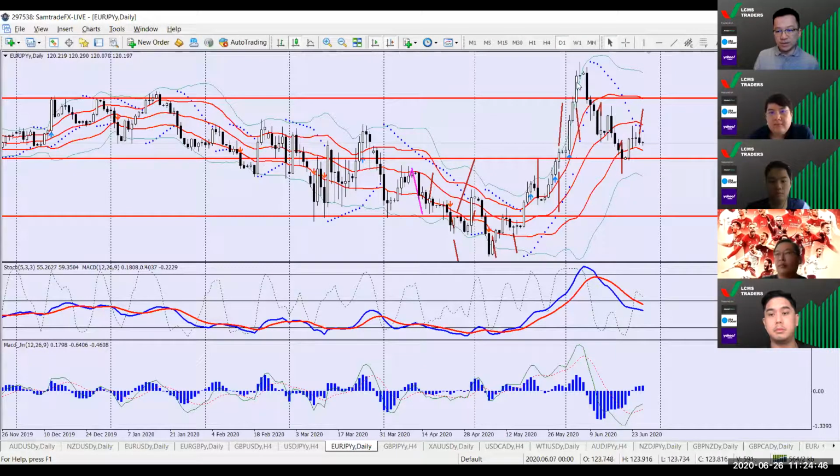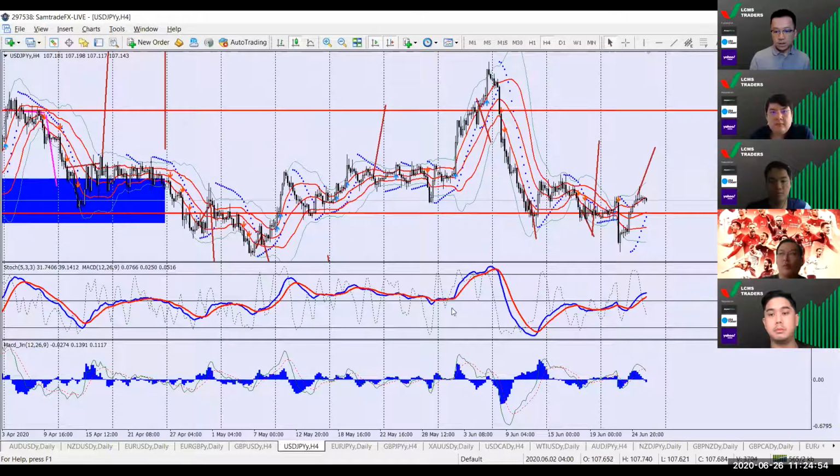I still do think that it's going to go up, but it might need a little bit more time as it tests the 11938 level. US yen might look like a bit of a reverse to test the 106.87 level, but might have to change a little bit. Give it some time.